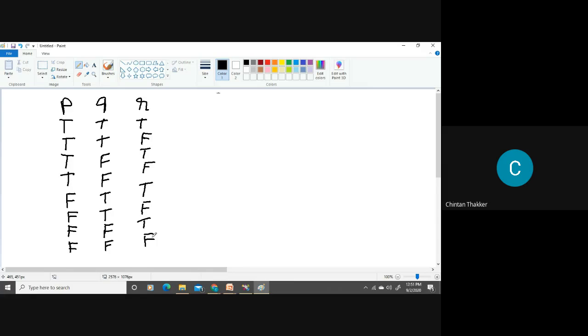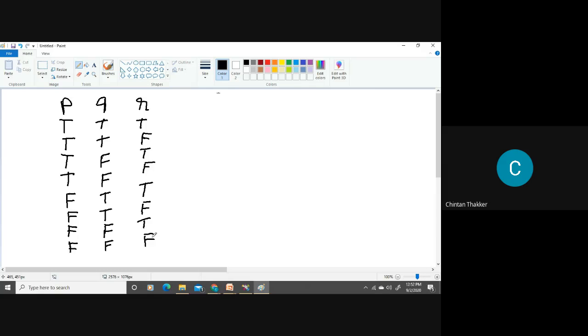First two true, third false. First and third true, second false. First true, second and third false. First false, second and third true. First and third false, second true. First and second false, third true. And all three false. Okay, so we have these 8 combinations.